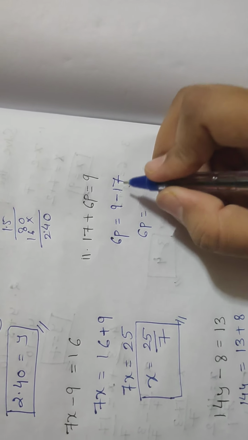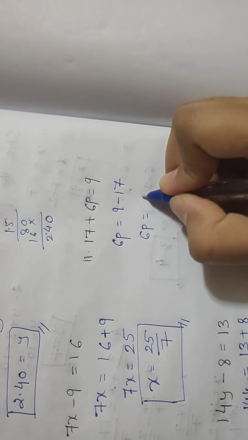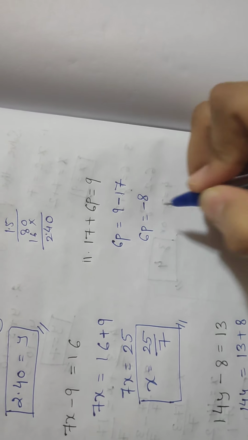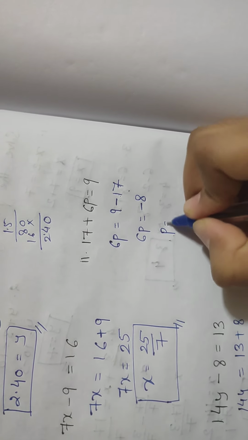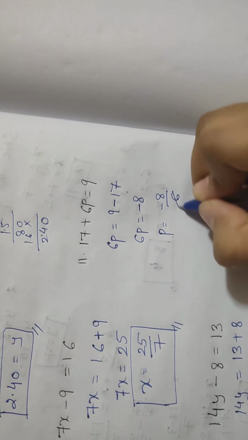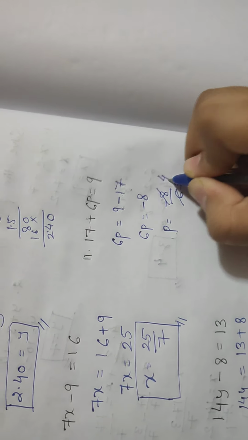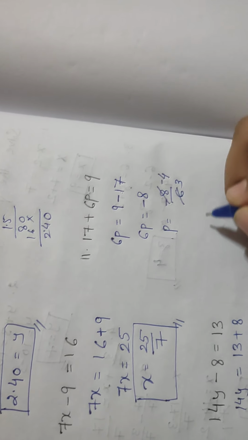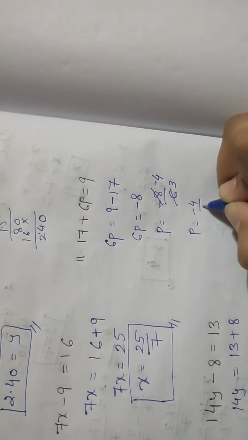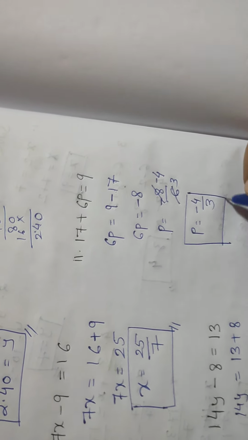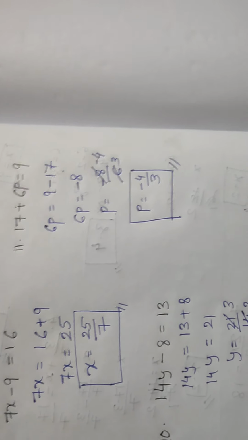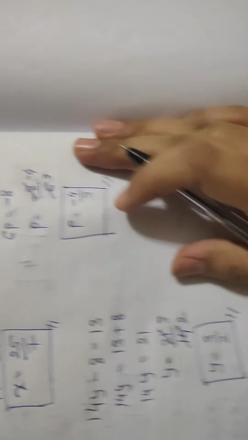So it will be 17 minus 9, that is 8, and as 17 is bigger and its sign is minus, so we have to give the sign minus. So now p is equals to minus 8 upon 6. Now we can divide it with 2. 2 3s are 6, 2 4s are 8, and this minus sign as it is. So the solution of this is p is equals to minus 4 upon 3. This is the solution of this equation. Now let us see the last question of this exercise.